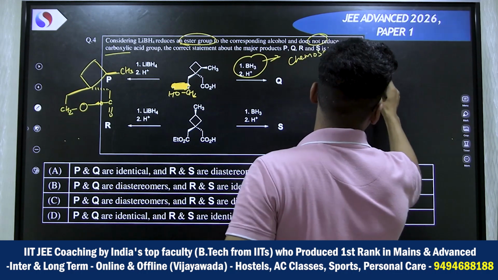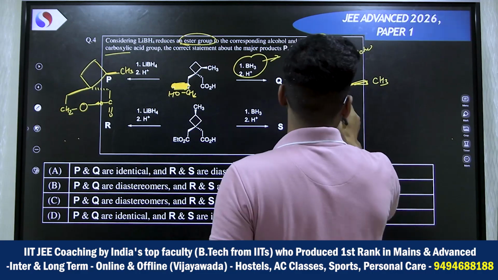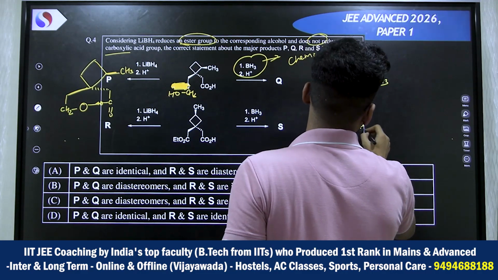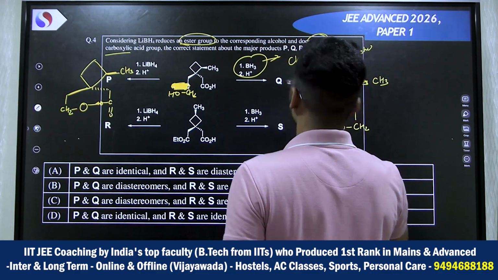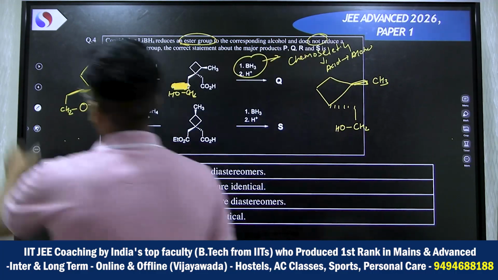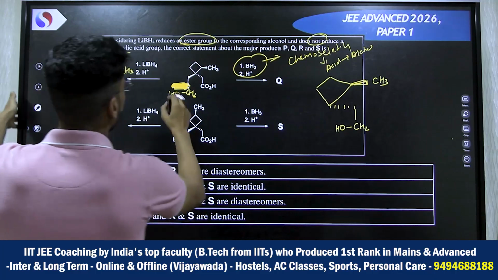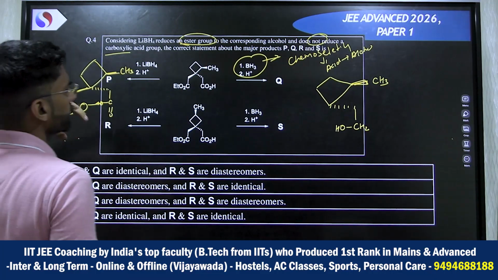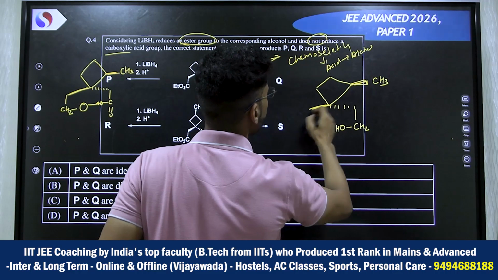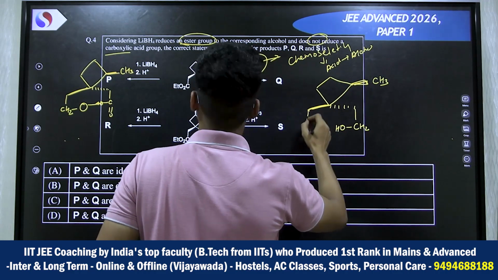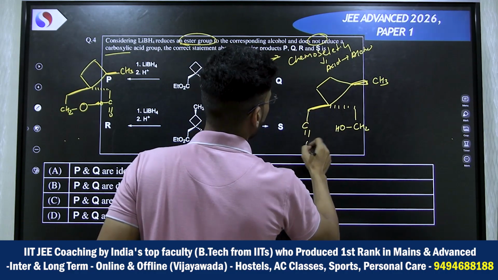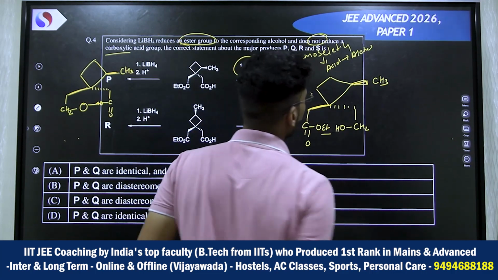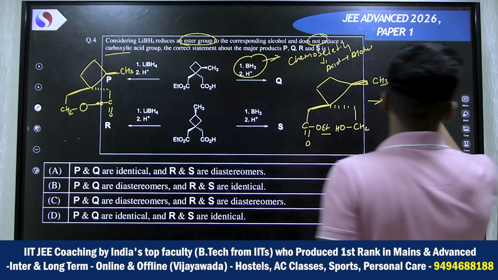Here it is a CH3 group. So it will be converted into alcohol OH, and there is the ester group. So this ester will remain as it is, C double bond O, OEt. If you further add acid, so what will it do? Further they will convert it into,